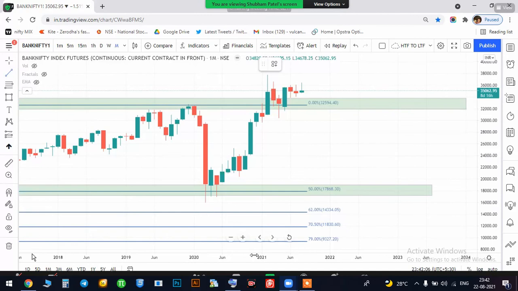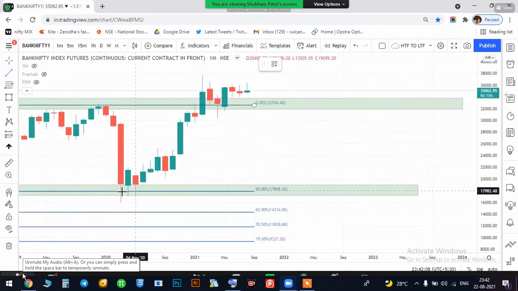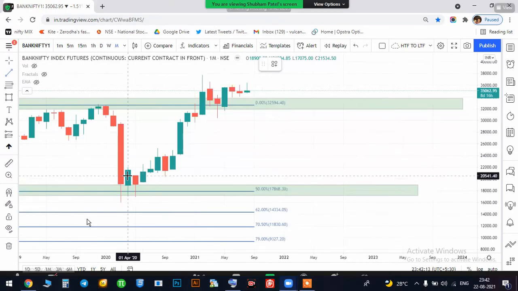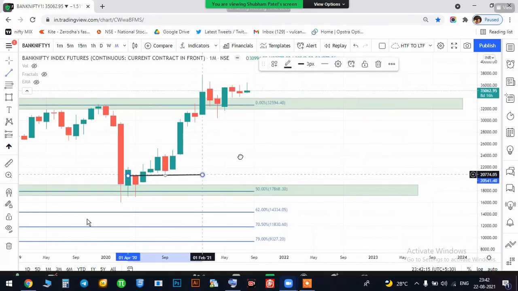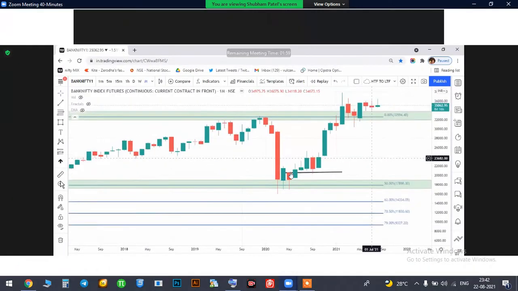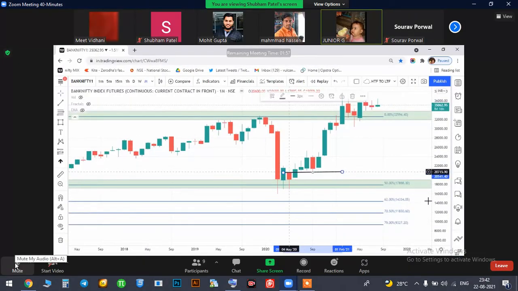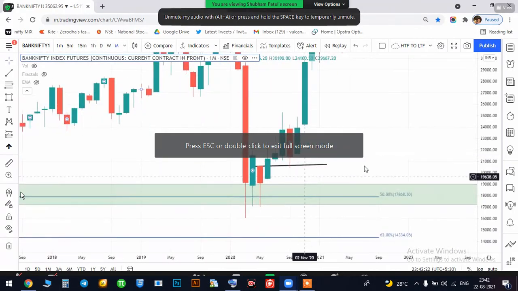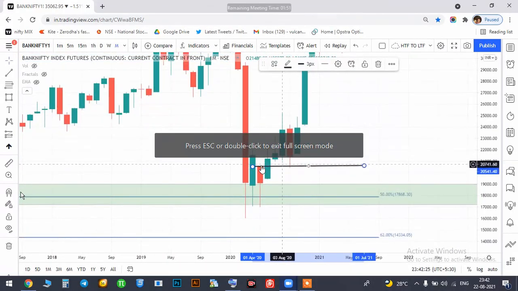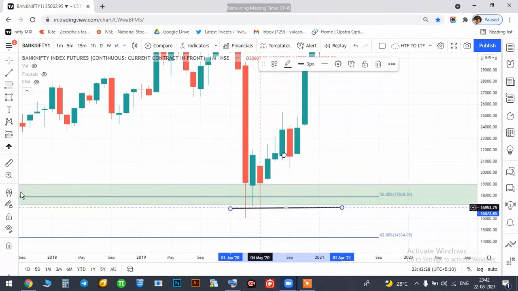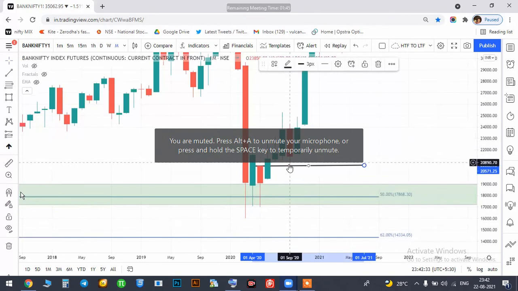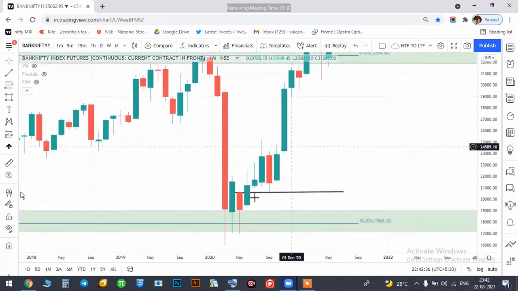Yes, three rejections on 50: 1, 2, 3. The old high. I will not buy the market till my red candle high is broken. See the 1, 2, 3 pattern. I will not buy the market till my red candle high is broken. This was the red candle, broken. Okay. Again it comes back, tests, rejects, buy the market here.